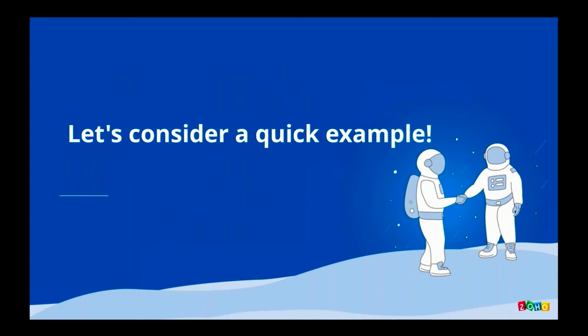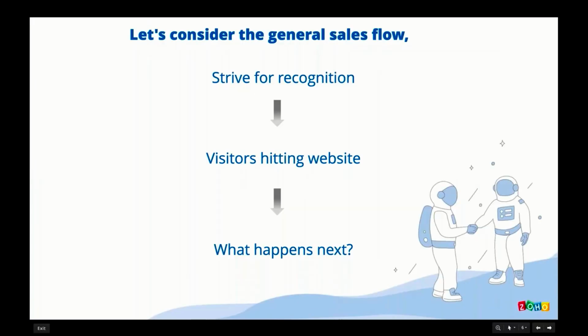You might all wonder, why would she even say that? To get a clear picture, let's consider a quick example. You're a car dealer and you're setting up an online automotive marketplace where people can come buy cars and automotive parts. So what would be the first step that you take up? Obviously you'll be striving for recognition because you have to let people know that you even exist in the market. So say you're sending out pamphlets, brochures, email campaigns, or ads, etc. And say a bunch of people are interested in your products and they're dropping by your website. So what happens next? I bet only 10% of the web traffic that is hitting your website would step forward to buy your products, and the rest of the 90%